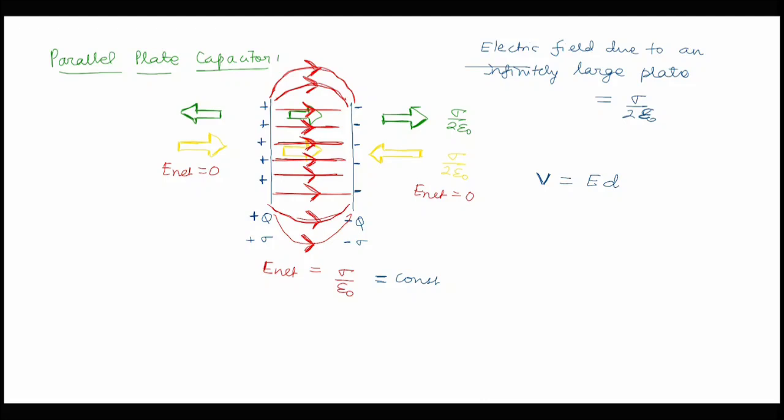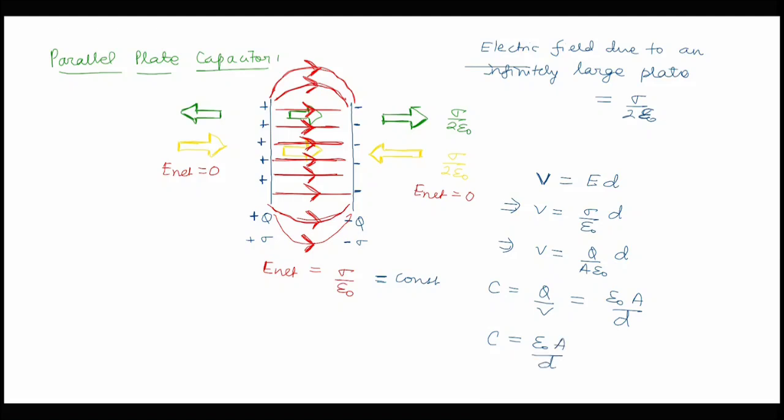Now we can write V equals sigma by epsilon naught into D, and we can place sigma as charge upon area, so V equals Q by A epsilon naught into D, and again we have that C is equal to Q by V. So the value of Q by V here is epsilon naught A by D. The capacitance of a parallel plate capacitor is equal to epsilon naught A by D,